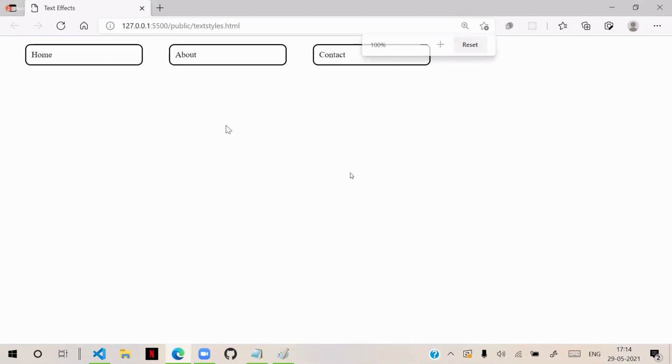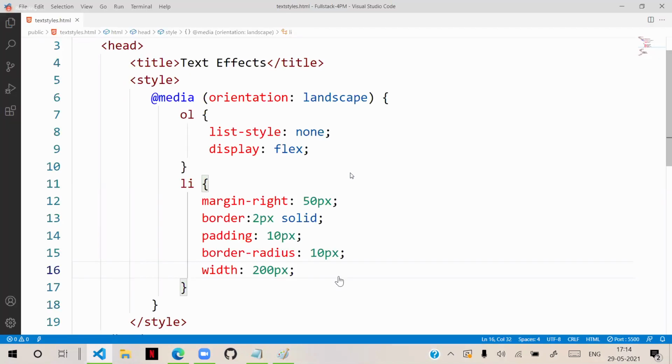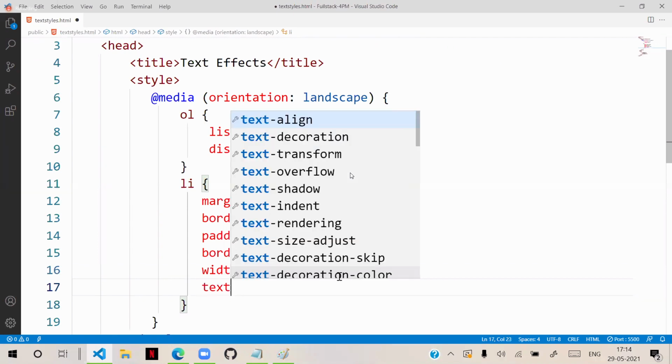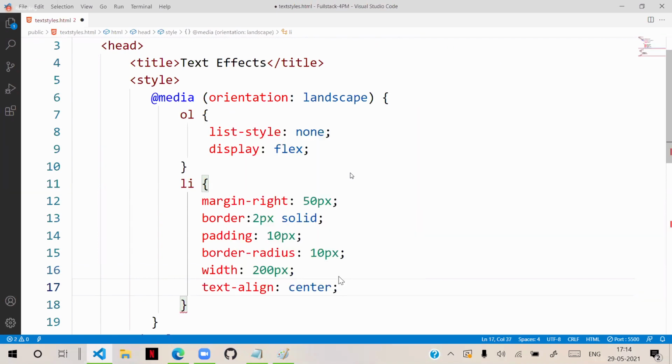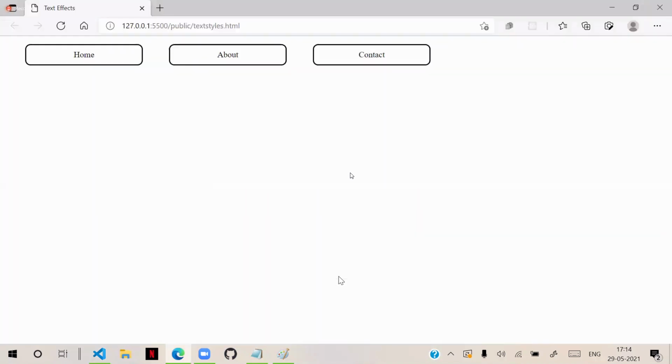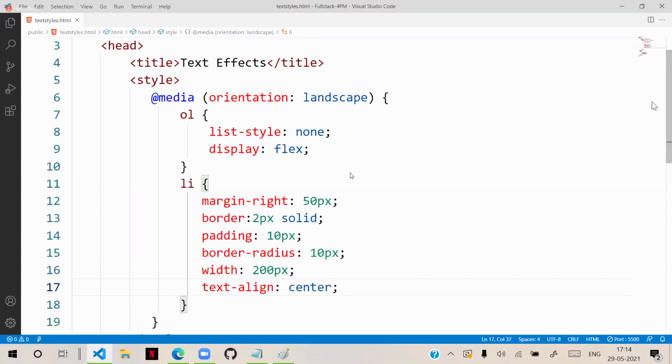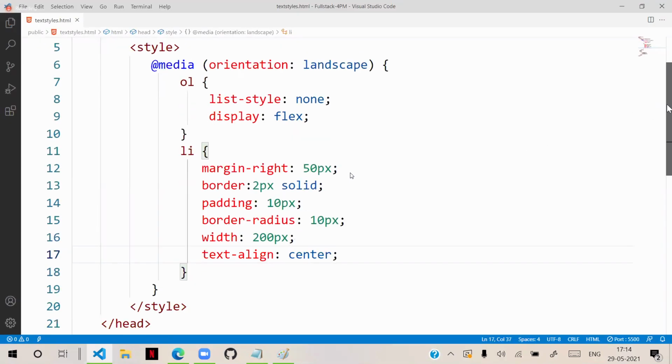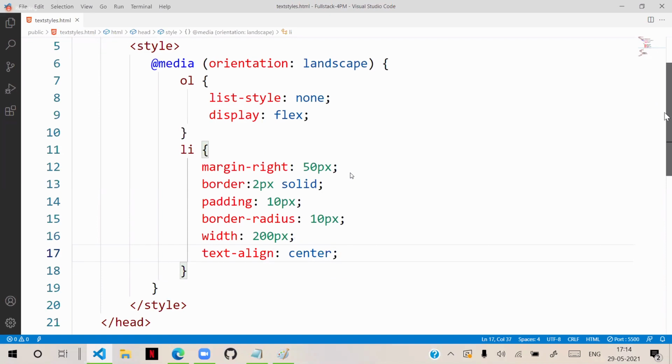When it is portrait, its appearance should change and the text align should be center, like this. Now, I want a portrait mode. When it is in portrait, we can give a different appearance.